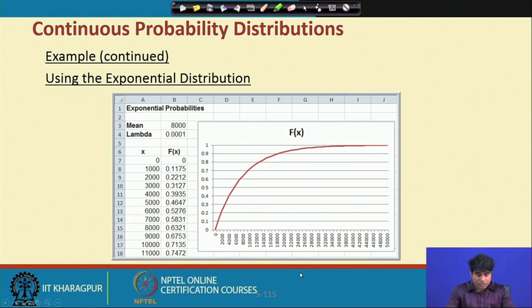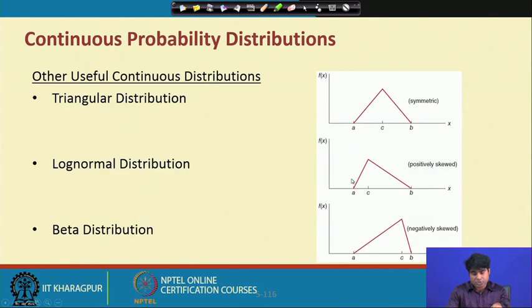I am once again reporting how this is the case of exponential distribution, which we have already highlighted, and if you plot it, the nature of the curve will come like this. This follows a distribution pattern, and that particular distribution is called exponential distribution. Corresponding to binomial, Poisson, exponential and normal distributions, we have so many other distributions, and here 3 more are there: triangular distribution like this, log normal distribution like this, beta distribution like this.